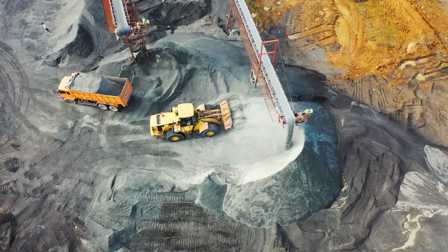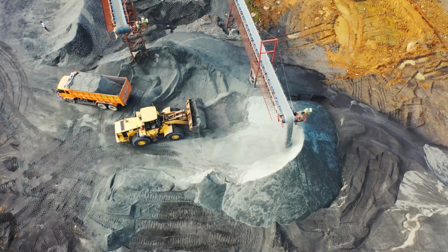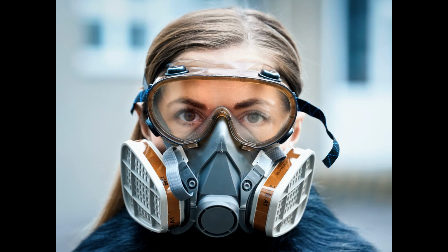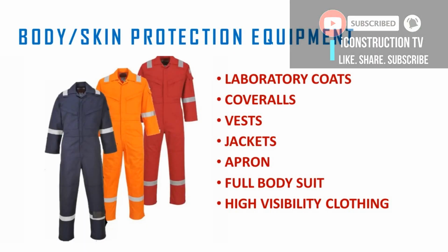One of the important steps in the use of the respirator is to ensure proper fit, so as to make sure that the respirator covers the mouth and nose. The body protection equipment are in the form of coat,